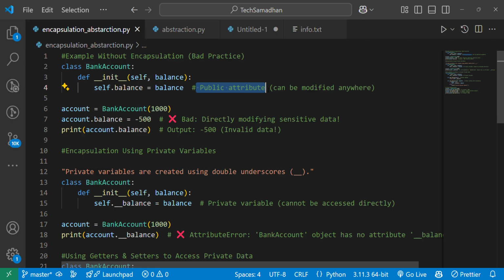Nobody should see it or modify it. But without encapsulation, anybody could modify it anywhere. Now account is the object we created. And what is bad here is that we are directly modifying the sensitive data without taking permission from the authorized user. And hence,